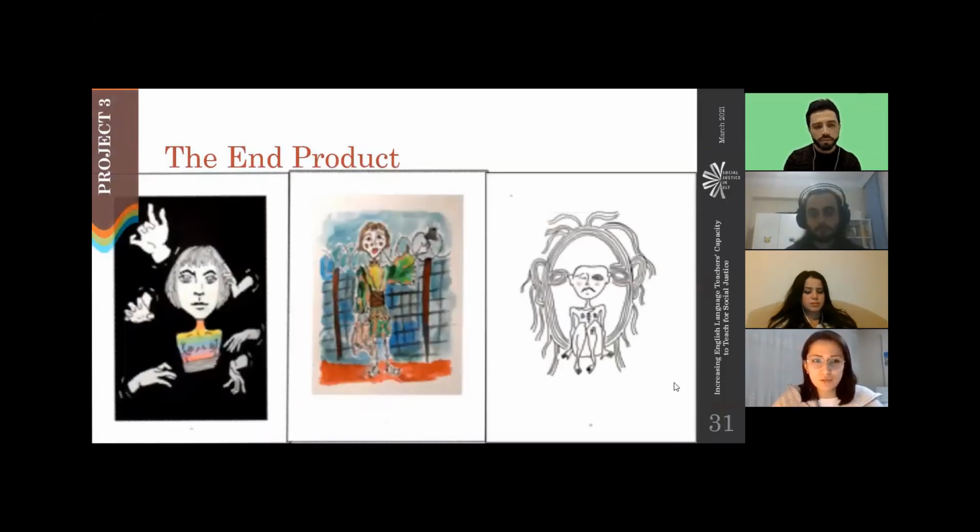And these are the drawings. For example, in the first one, we can see the colorful, it's like an LGBTQ flag because this girl was a lesbian and she had to run away from her country to be able to live freely. And the second one represents a kid who was stuck in the middle of a war in Iraq. And the last one is just up to your imagination.